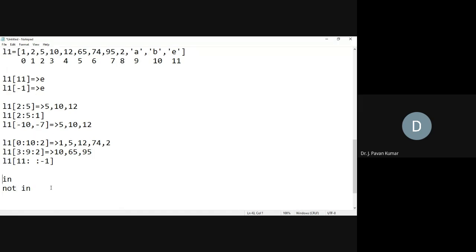Next, we have the membership operators in and not in for lists as well. Suppose we have to check whether 1 is present in the list or not. Then 1 in L1, we can check whether it is true or not. If 1 in L1, if it is present, then we can say 1 is present in the given list, otherwise not present. Like that, we can check, using this operator called in. Similarly, not in. I hope you know the functionality of in and not in, that's why I'm not going into detail about this. Is it clear? Next, any doubts so far?